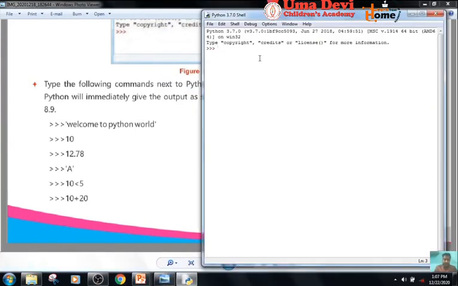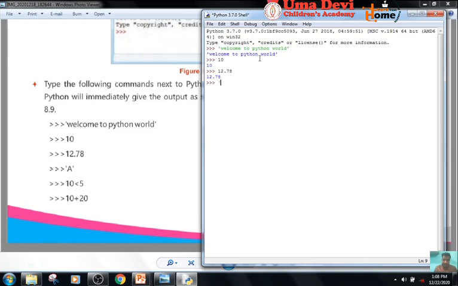We have to write Welcome to Python world. Then we will get 10. We have got 10. Then we will type 12.78. We have got 12.78.